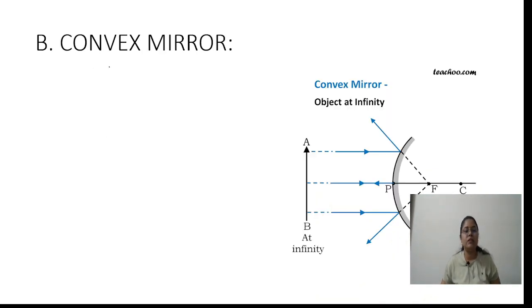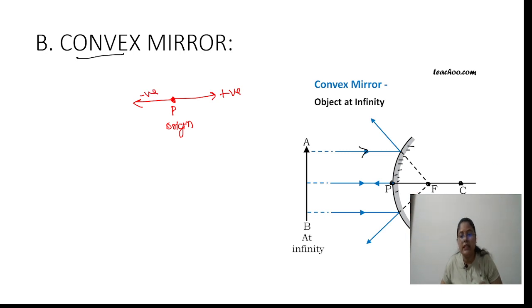After that, the convex mirror. Similarly, the inner part is the polished surface and the outer part is the reflecting surface. The incident ray comes from the object and is reflected like that, and the focus is here. This is the pole and this is the center of curvature. Last slide, we discussed what a pole is. The pole behaves like an origin in mathematical graphs. The positive sign is here and the negative is here.